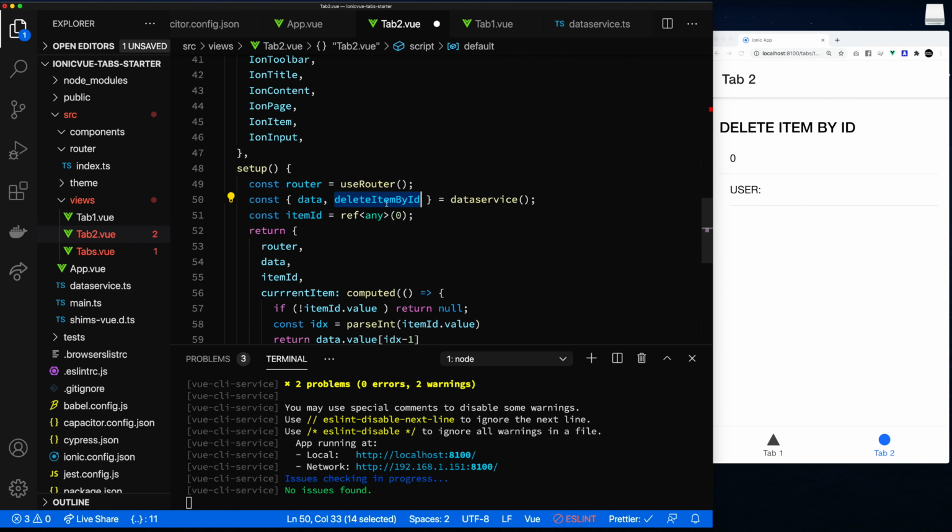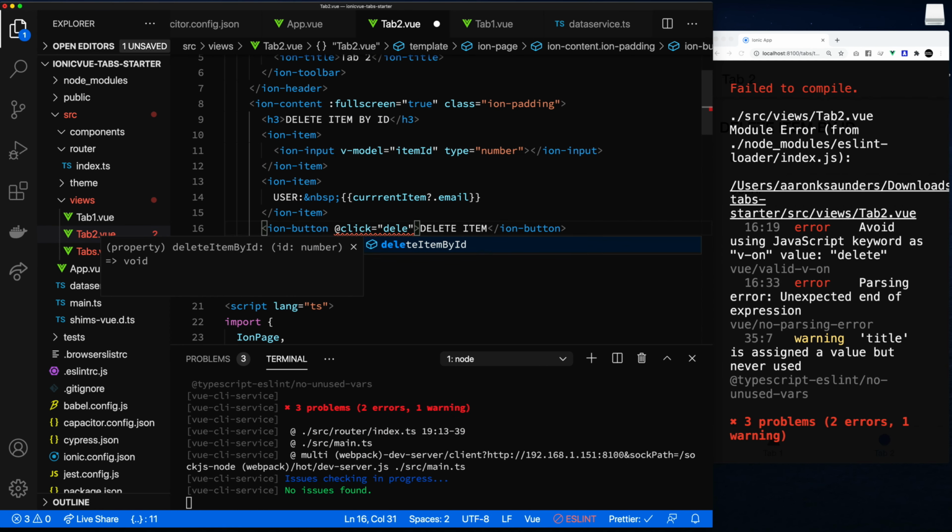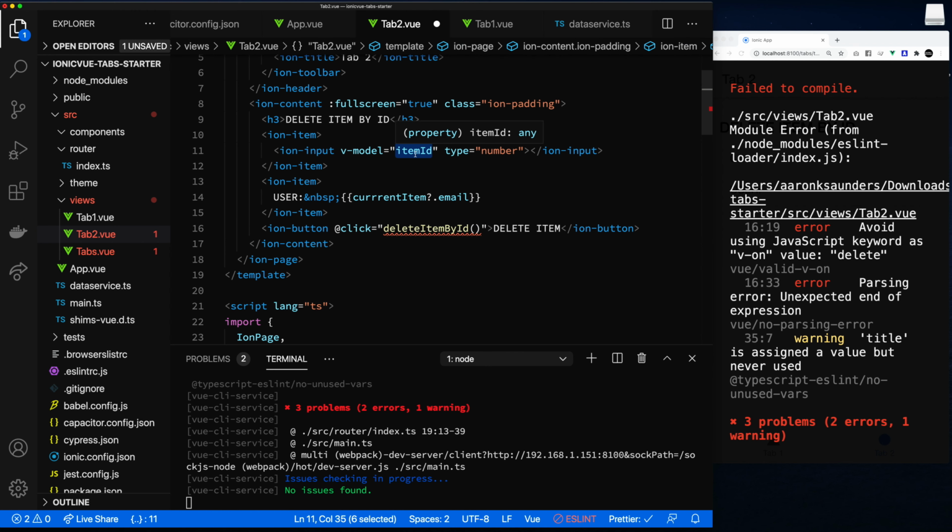Here we have delete item by ID. Let's just push it all the way out. And so we're going to delete item by ID, and the ID we want to use is my model. So we can just use item ID, pass item ID in,